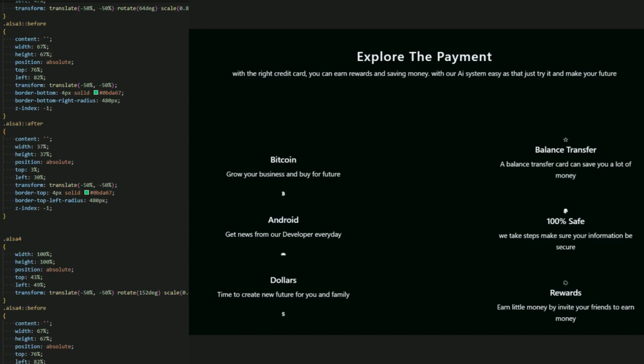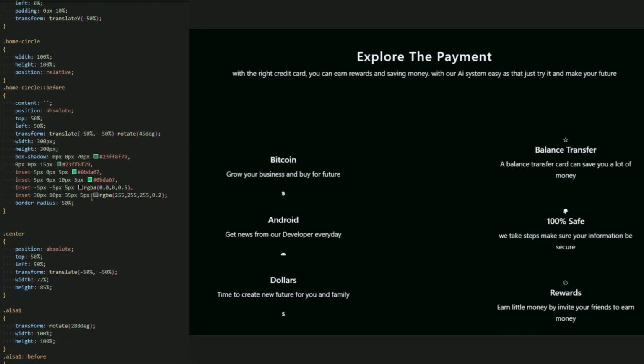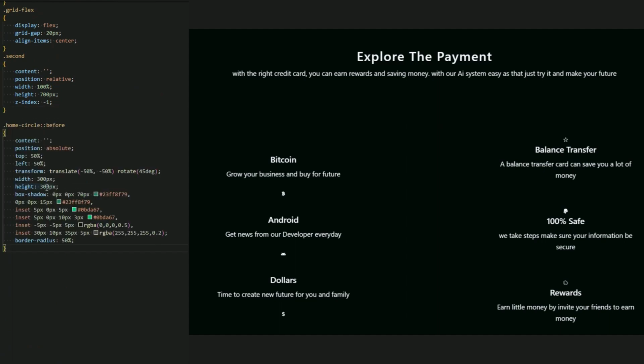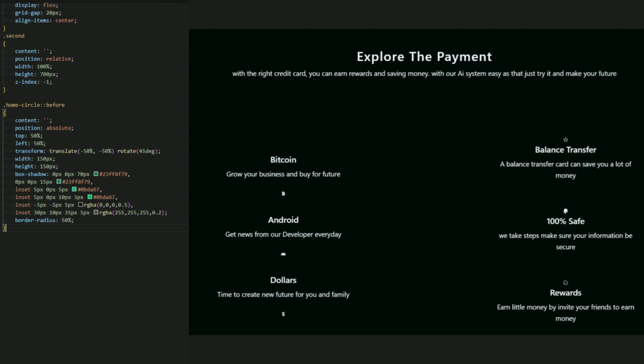And let me just copy this circle that we have here, paste it, and just change the width to 150 pixel and 150 pixel for the height. Here we go. Yep, the same box shadow and the same border radius. Yep, everything is good.